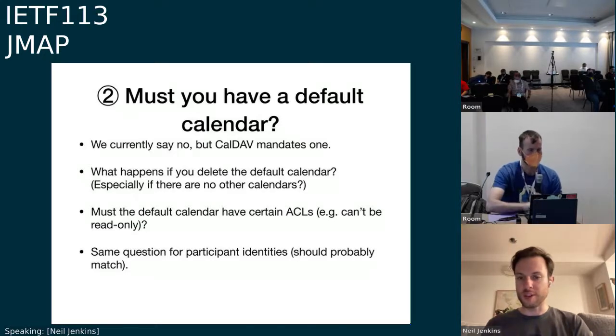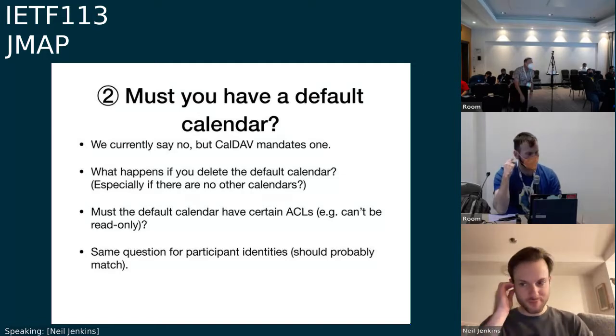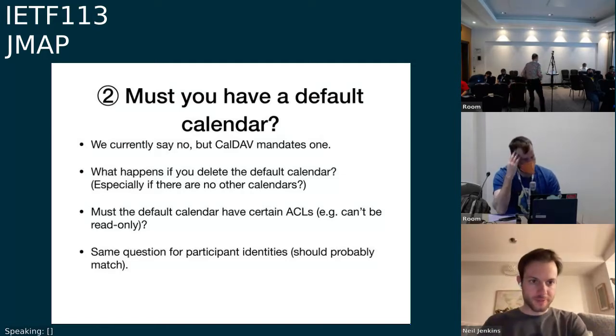And then also, it is mandated, like what happens in the various edge cases. Queue. I'm not sure whether it's for this or the previous thing, but Jim, go ahead.